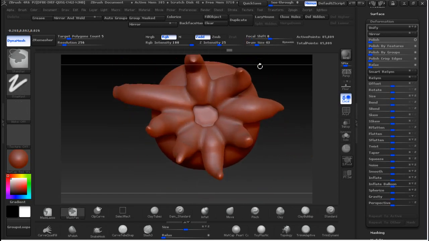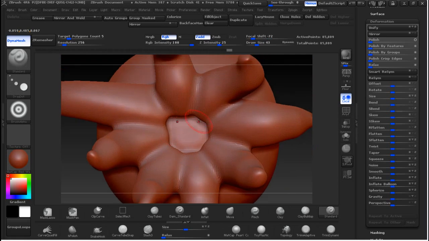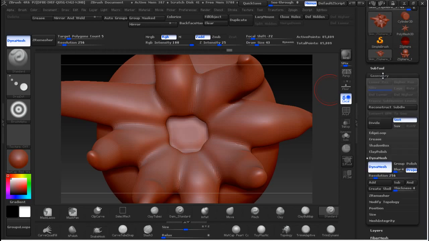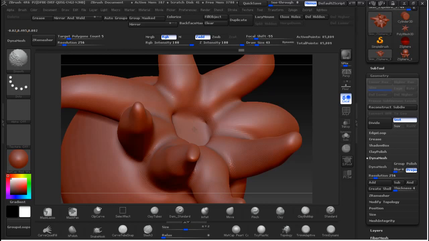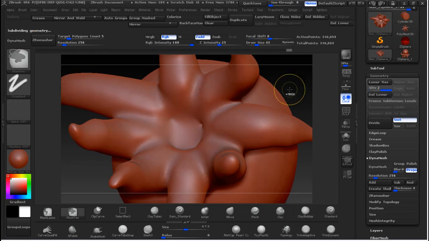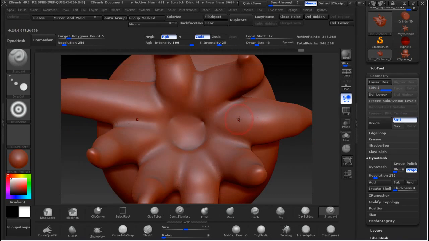Because it comes usually from the, we're gonna fix this. You know what? I don't need that anymore. It was just for refining. DYNAMESH off. I'm just pressing shift for smoothing this area over here, and I'm gonna press Control D. There you go. Control D is for adding a subdivision,